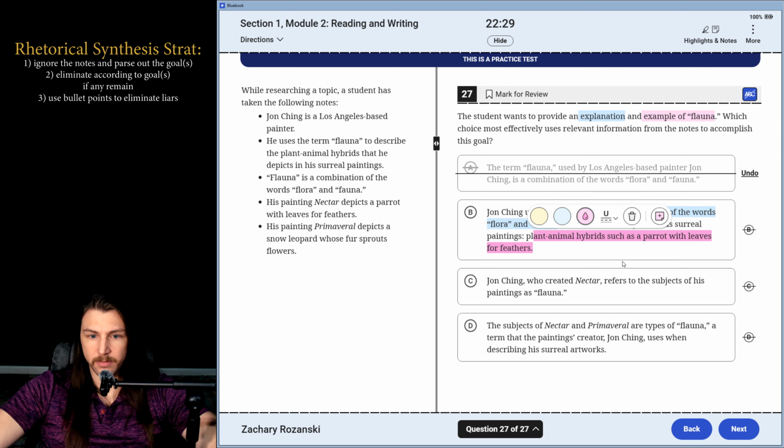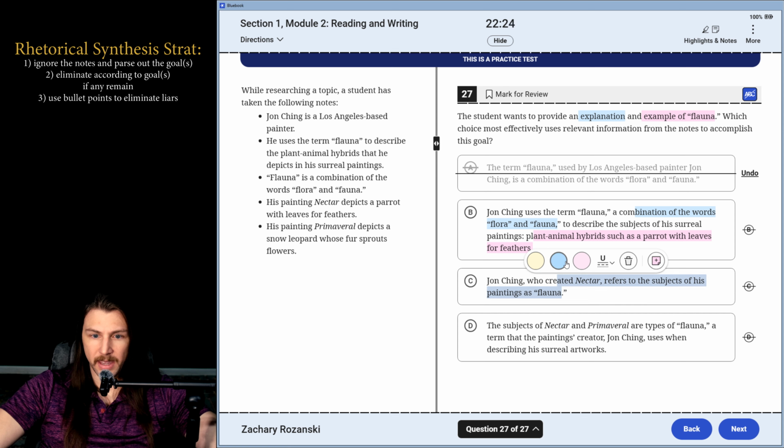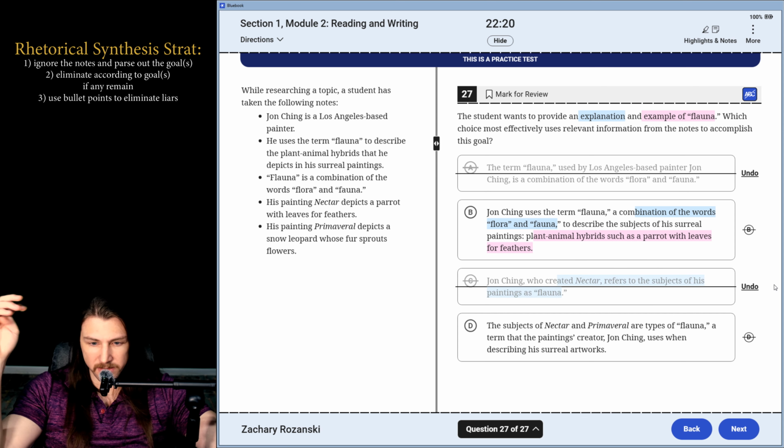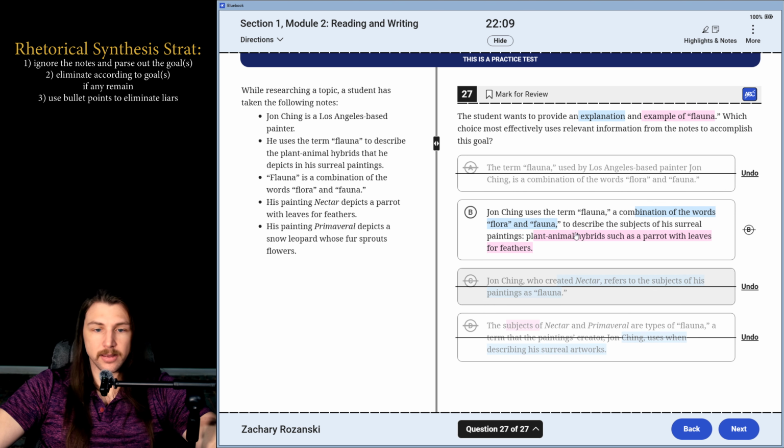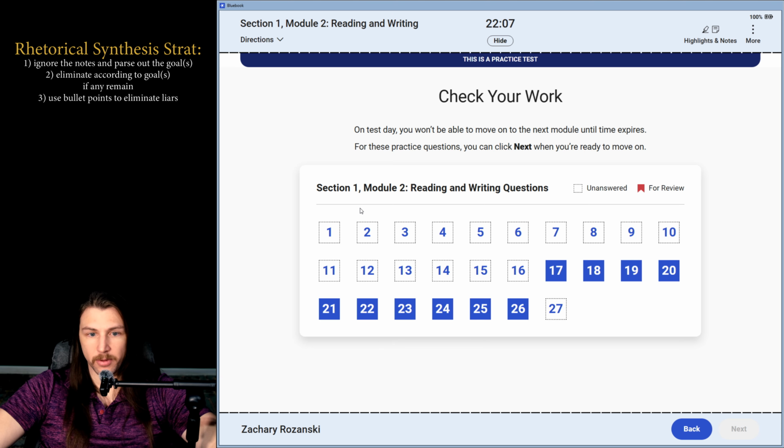and this is giving me a beautiful notion of pink. This person refers to a subject as this. If anything, this is a blue, no pink. The subjects of nectar are types of fauna. Okay, the subjects, maybe this is trying to engage with pink. A term used when describing, no, this is going to be a failure as well. I don't need to check anything on the right side because this is the only one that does a nice job with both of these demands.